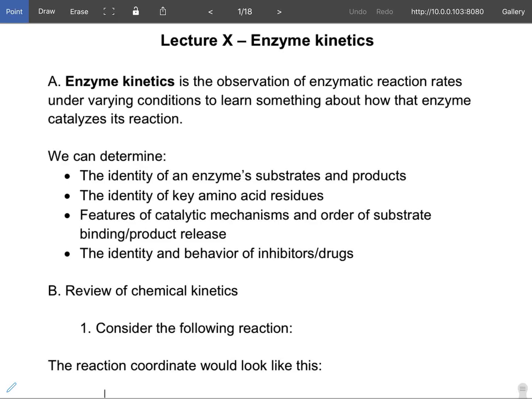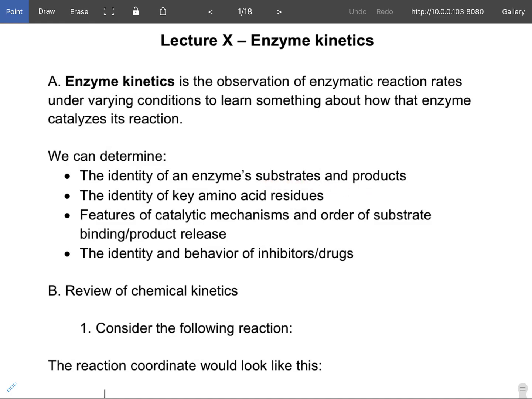So in lecture 10, we're going to talk about enzyme kinetics, and this is essentially observing reaction rates, how fast a reaction is going, when we change the conditions. If we change things like substrate concentration or pH or alter the enzyme, we can learn something about how the enzyme catalyzes its reaction. And so we can identify things such as what are the substrates and products for an